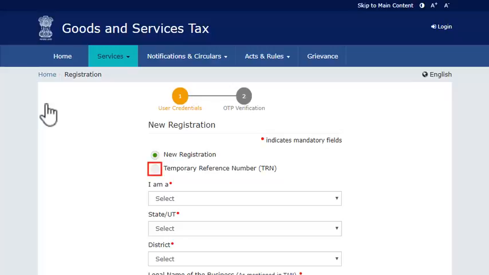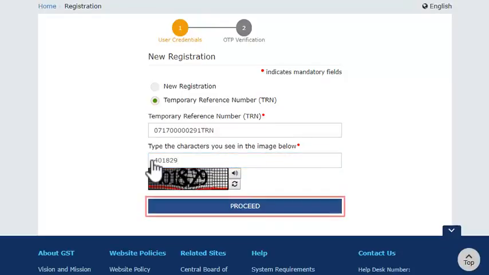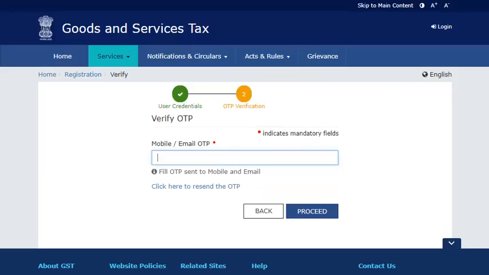Select the Temporary Reference Number option and enter the TRN that was generated on submitting Part A of the registration application. Enter the CAPTCHA as usual and click Proceed. This will trigger an OTP. Enter the OTP received